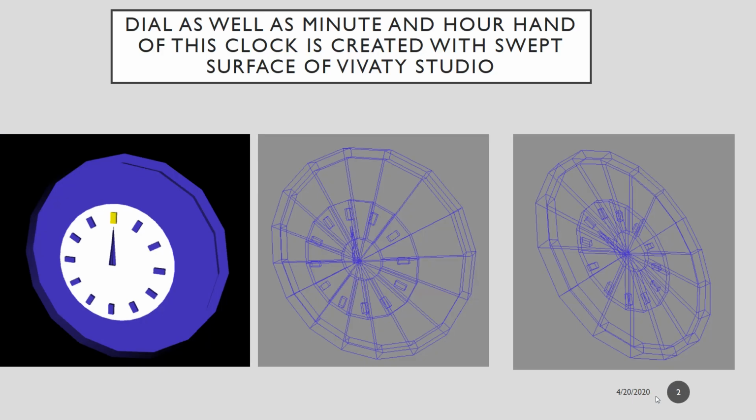Here my objective is to create such a swept surface. This is a swept surface. The dial of this clock is a swept surface and it is created out of Vivity Studio. If you have knowledge of using AutoCAD or CATIA or Pro-E or Maya or 3D Max Studio, you can use this tool very well because they are very simple.